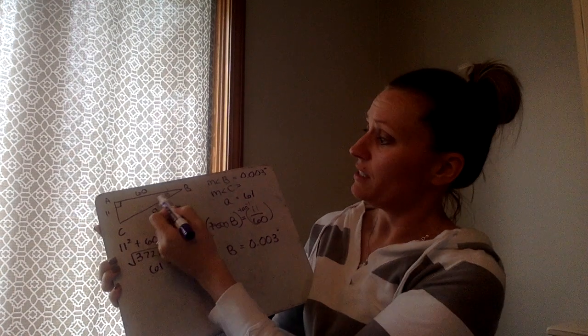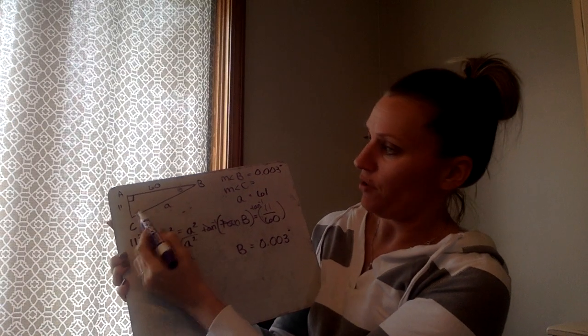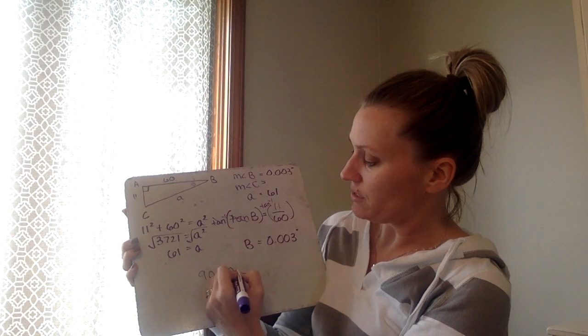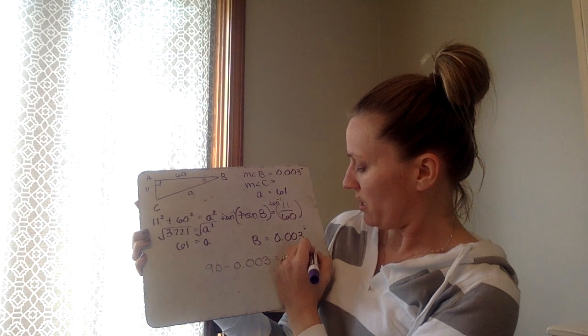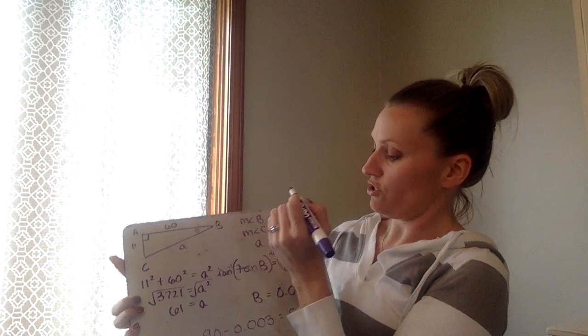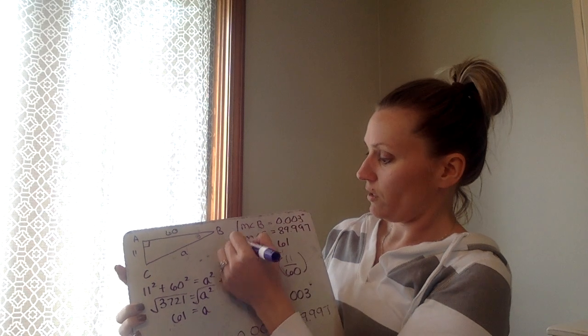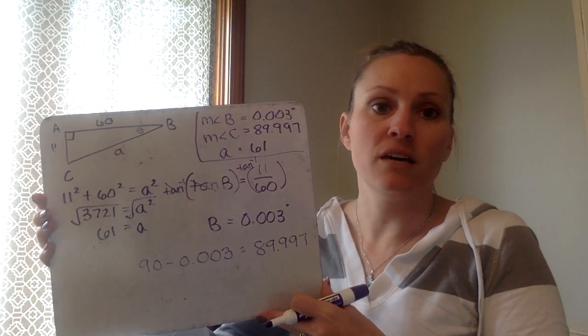And then, because I know two of my angles, you can subtract these from 180, or you know that B and C add to 90. So if I take 90 minus 0.003, I get 89.997. So the measure of angle C is 89.997. And we have solved that triangle. So that is how you're going to do it if you are given two